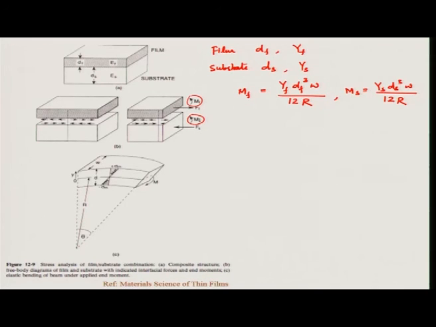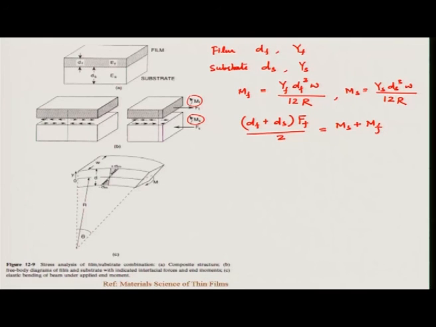can take either of these two, and the distance which will balance these bending moments will be the thickness of those films. So we can say that df plus ds multiplied by the force on the film or the substrate, both are equal, divided by 2 because we are taking the bending moment due to both, should be equal to the total bending moment in the system.